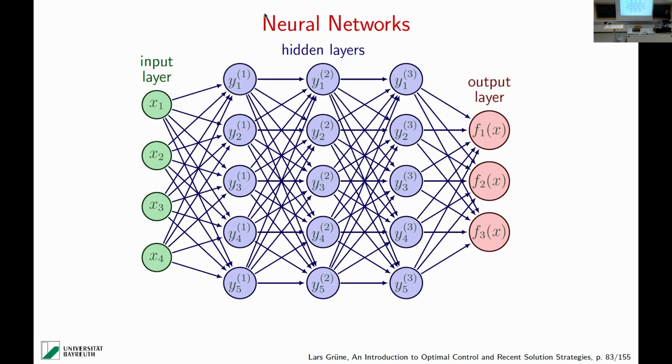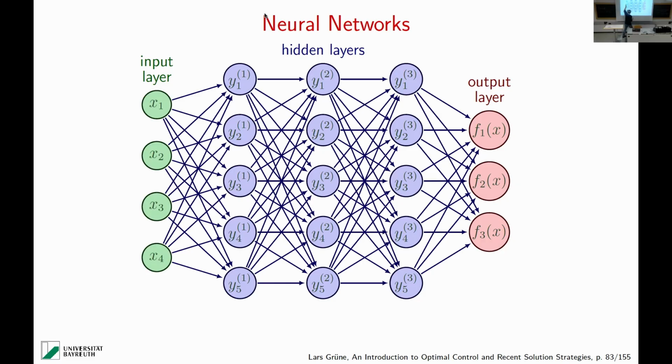So this is the neural network structure that I have in mind that we will use. What does the neural network do? Well, you have what is called an input layer. Here you just plug in values, and each circle here represents a scalar value. So this would be a 4-dimensional vector of values. And then something happens in between. From these values, you compute a first hidden layer. From these values, you compute a second hidden layer. Then you compute a third hidden layer. There are also networks where you can skip layers, but I don't have that here. And then from the final layer, you compute an output layer.